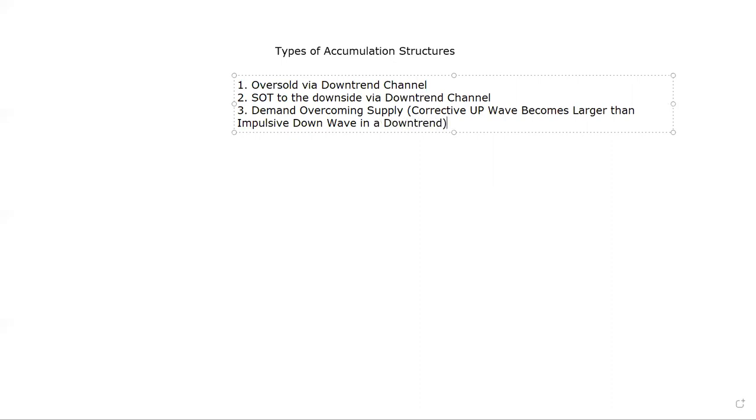Do you understand this? What do I mean to say? You understand everything? The third one might probably need more examples. Corrective up wave becomes larger than the impulsive down wave in a downtrend. Okay. And the fourth one is that